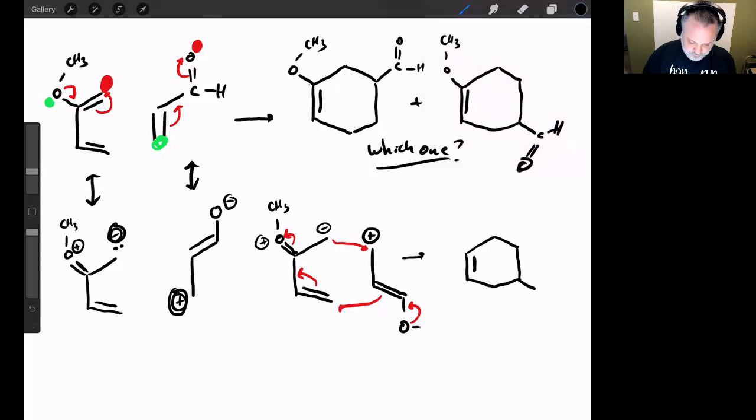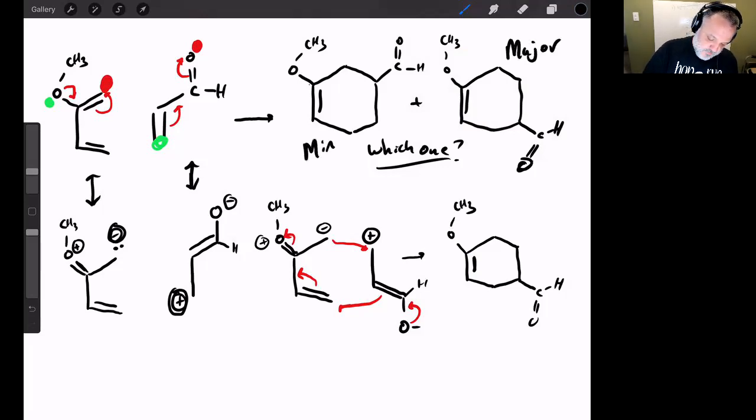I'm not doing a really good job of showing that hydrogen there. It's still there. And this is an OCH3 like this. And so it turns out that this one is the major product and this one is the minor product